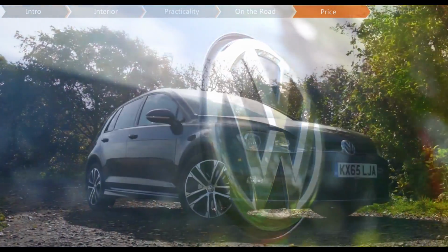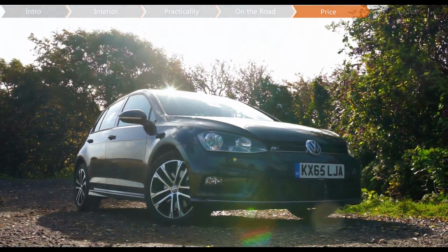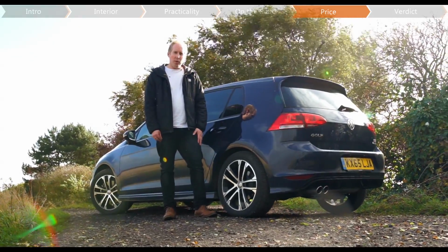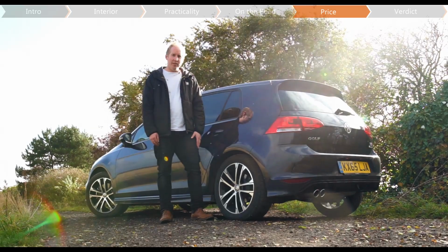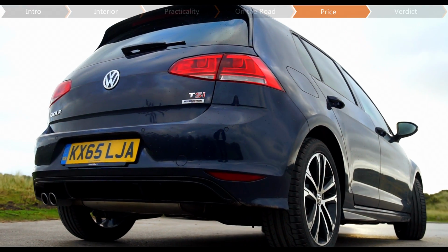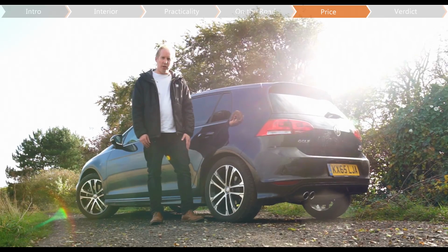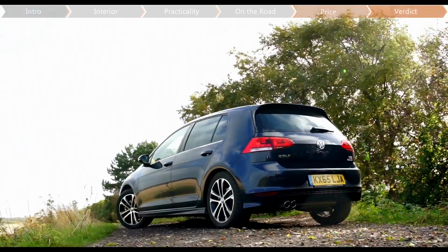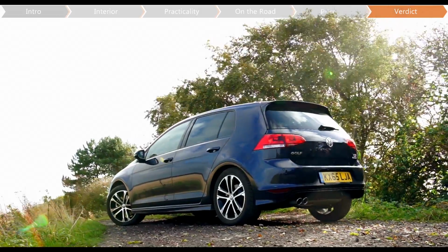The Golf has a reputation for being expensive, so is it? Well, it starts from £17,595, so that does make it a couple of £1,000 more than both the Focus and Astra. But it does come well equipped as standard, and the Golf also has an excellent reputation for holding its value. This R-Line model costs from around £25,000. The gap between the top family hatchbacks has never been closer,